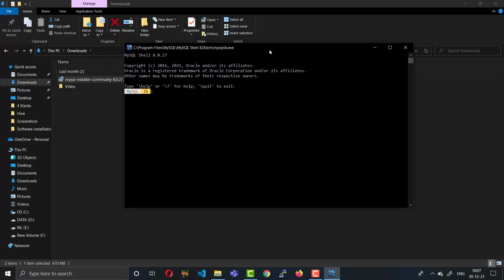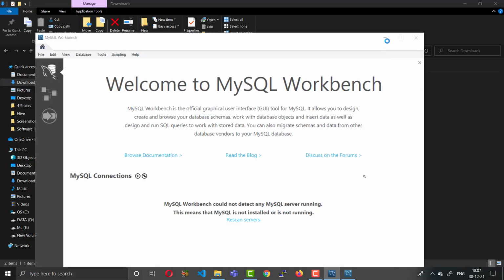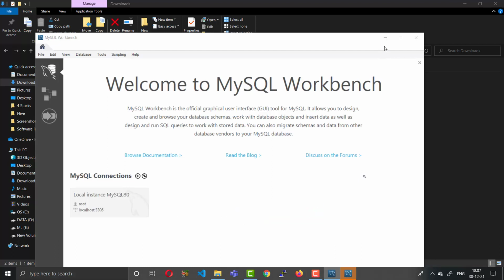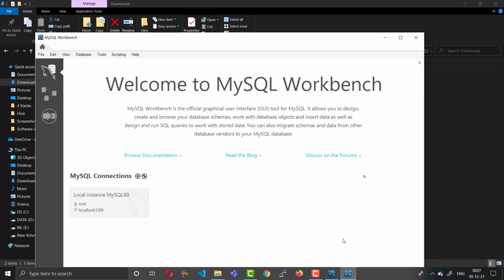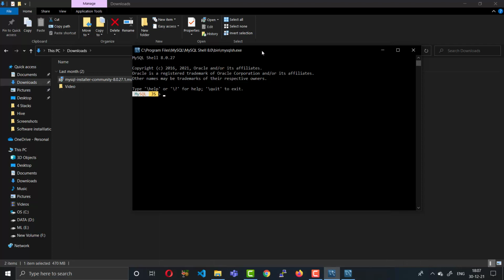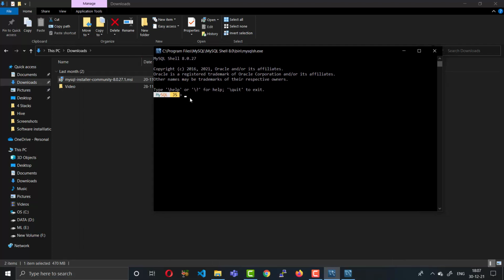Now the MySQL Community Server will appear right here. I will explain these things. You will get the MySQL command prompt, like the usual Windows 10 command prompt.